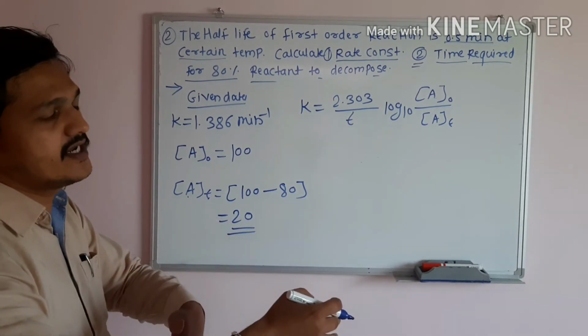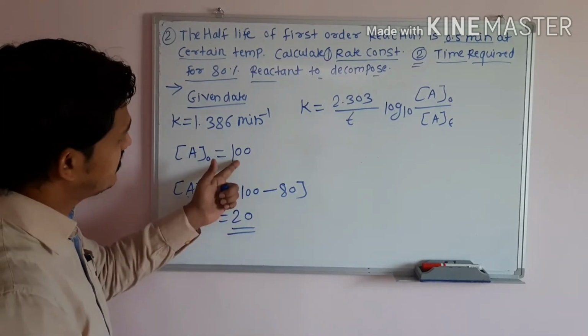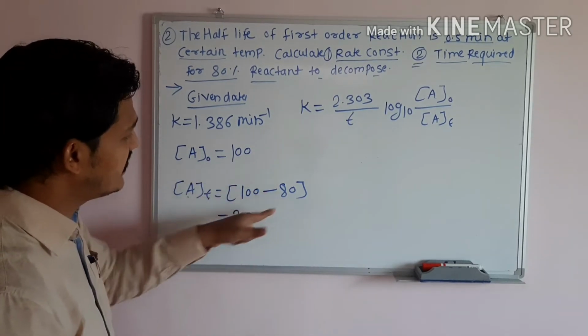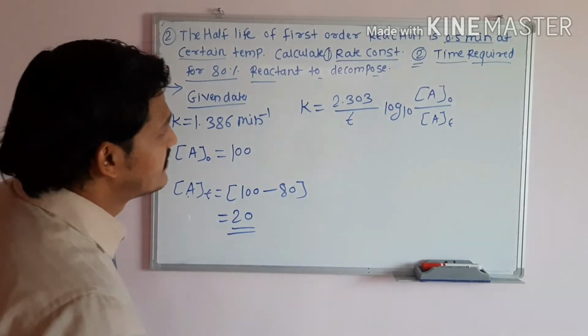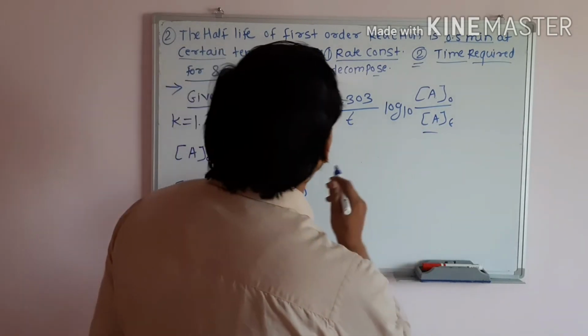100तला 80% डिकंपोज व्हायला वेळ किती लागेल? मग इनिशियल 100, 100तला 80 केलं म्हणजे 20. फायनल कॉन्सन्ट्रेशन किती झालं? 20. ओके, सो याचा विषय मिटला. यानंतर काय,